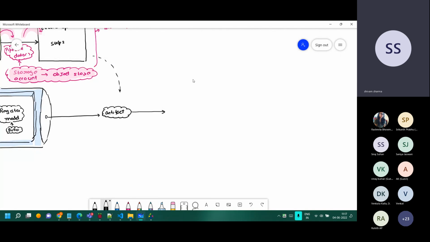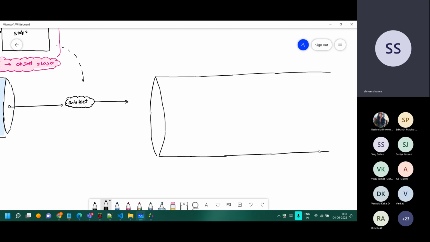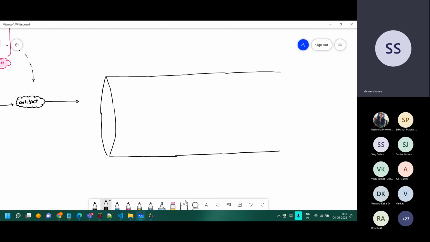But is the API endpoint created? Is it properly running over there? See, just having the model will not deploy it, right? You need to have it in some sort of Docker container. It should be containerized. All the dependencies should be there. If I deploy this in production, I should have the confidence that it will work over there. Infrastructure as code, and everything will come into the picture. So there are a lot more things which are there.